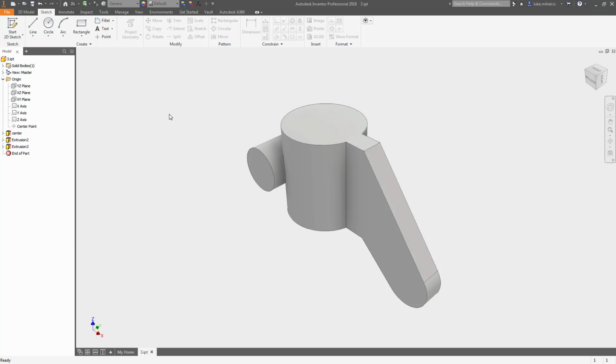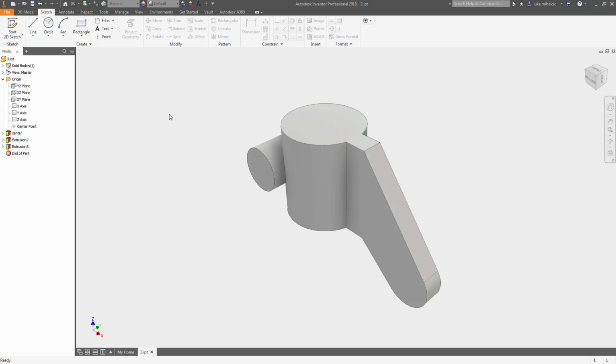So I get the question a lot, where do you put the information? Do you put all the information in the sketch? Do you make multiple features? And this is just the best practice that I've been using ever since I started using Inventor years and years ago. Make your models the way you would actually make it in real life. So more than likely this would probably be some type of casting or machining, and I'd start with kind of this lump void that you see here, and then you're going to add your fillets and your